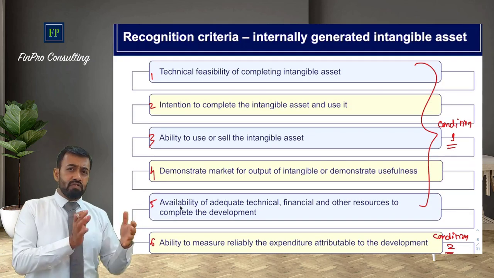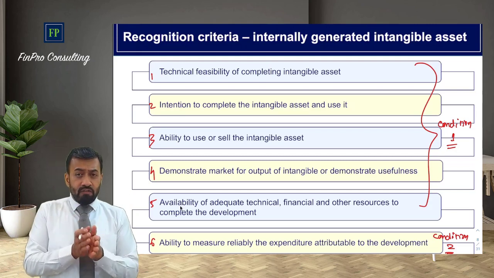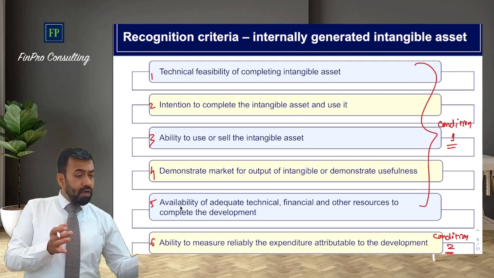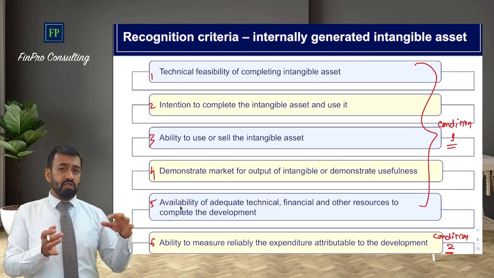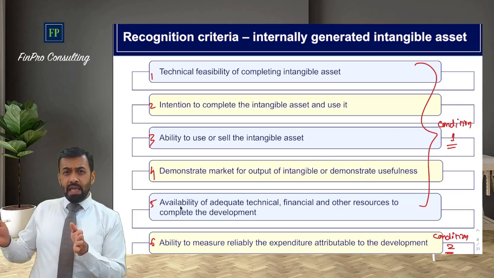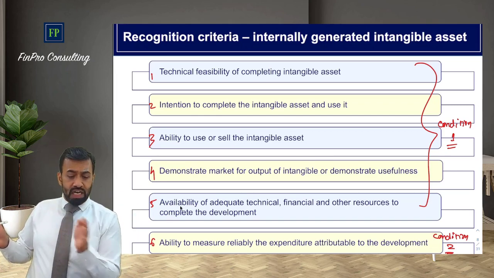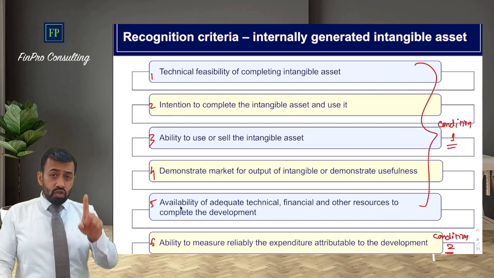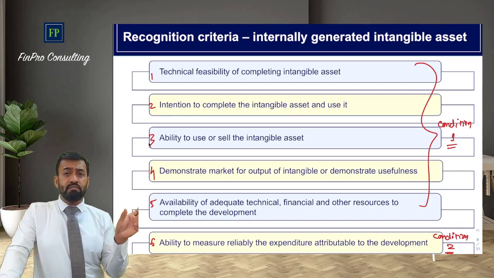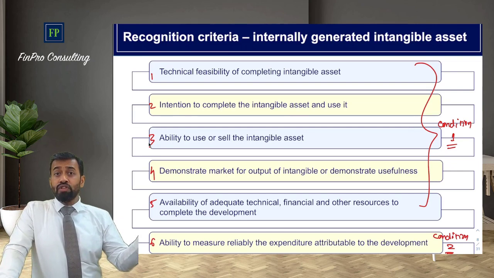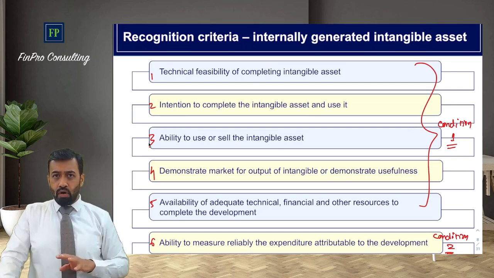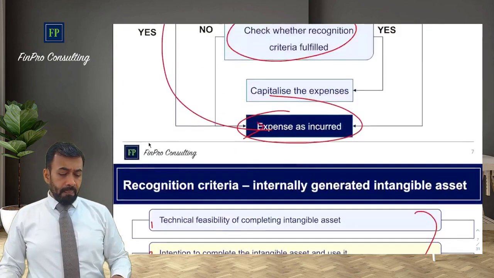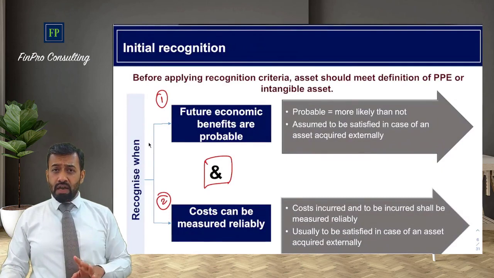Let's say for 6 months, I have expensed out certain expenditure. Now after 6 months, all my conditions are satisfied. I will not be able to capitalize the expenditure incurred in the first 6 months. Those are expensed out. Only the remaining expenditure which you incur subsequent to satisfying those conditions will be eligible to get capitalized. The disclosure is required for how much research expenditure you have expensed out, which you cannot recoup. That is also an important disclosure required in the notes to accounts. So this is about the initial recognition.